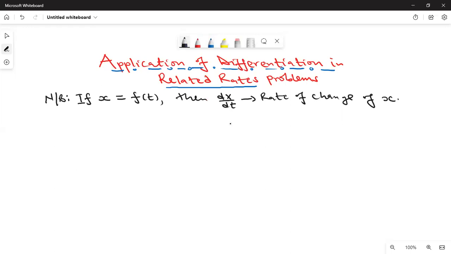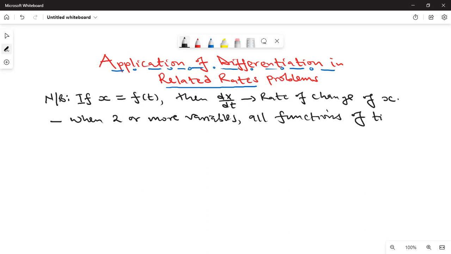So we can also write this: when two or more variables, all functions of time t, are related by an equation,